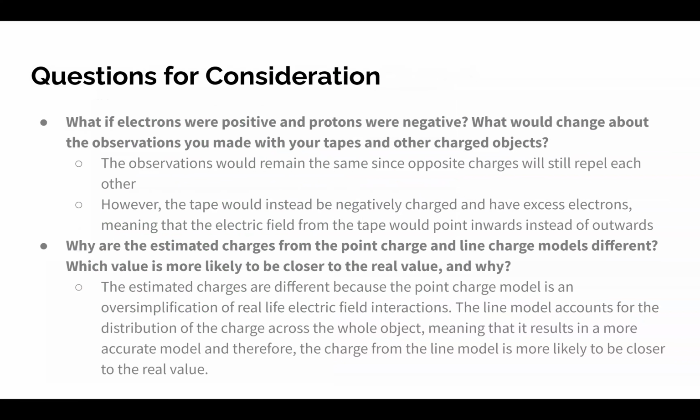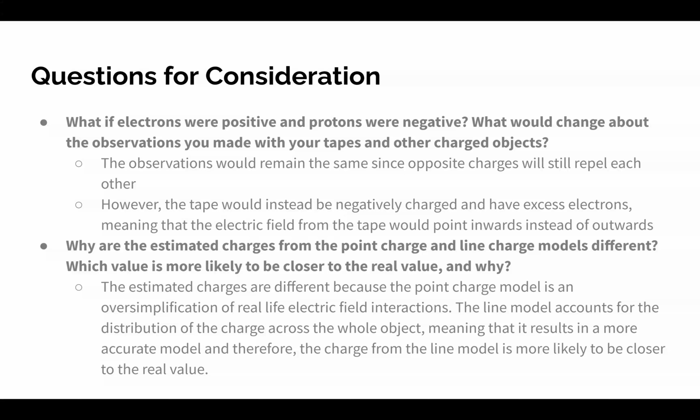So if electrons were positive and protons were negative, the observations in the experiment would remain the same since opposite charges will still repel each other. However, the tape would instead be negatively charged and have excess electrons, meaning that the electric field would point inwards instead of outwards. And the estimated charges from the point charge and line charge models are different because the point